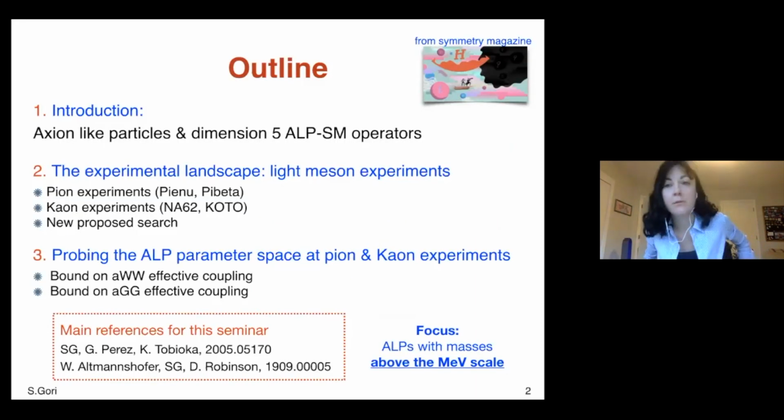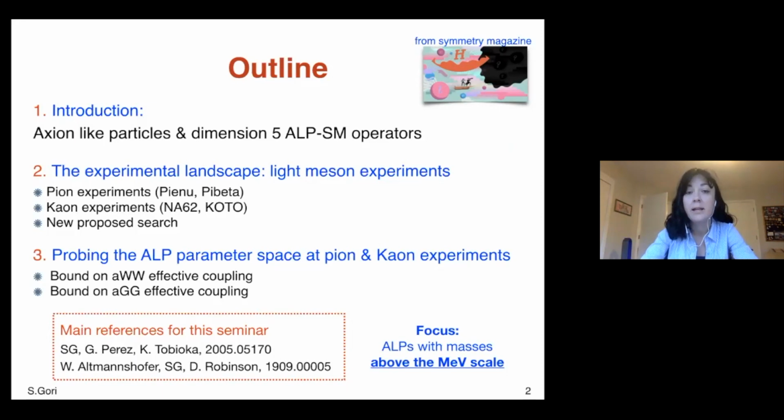First I will introduce what are the beyond the standard model theories that we would like to probe. So we want to probe, first of all, axion-like particles, in general any relatively light pseudoscalar. And in particular, we would like to probe its interactions with standard model particles at dimension 5. So we see what are the dimension 5 operators that we can write down for the interactions between axion-like particles